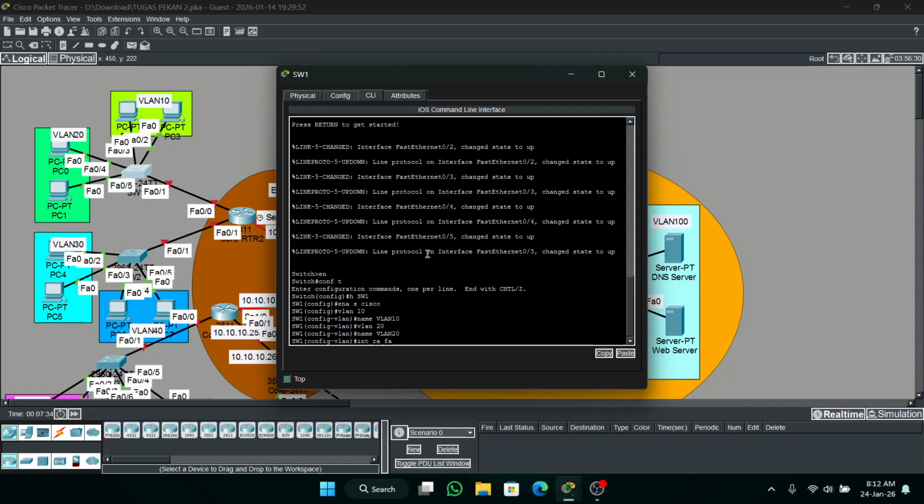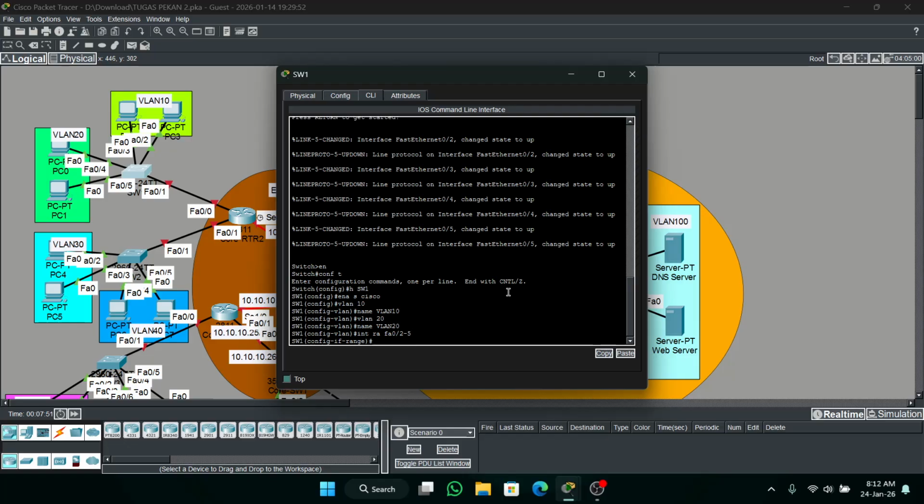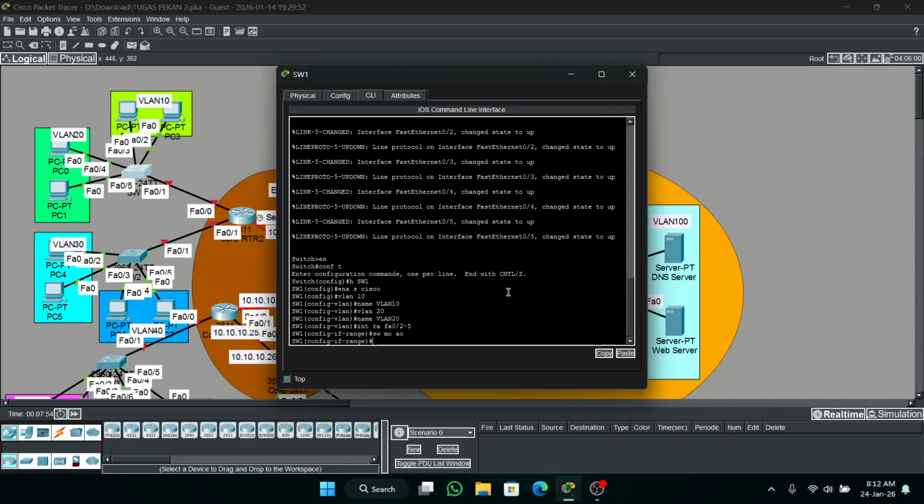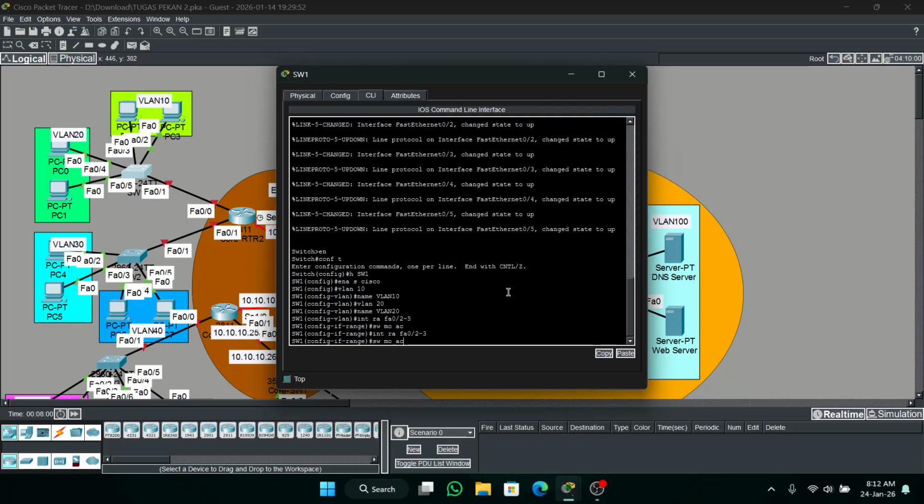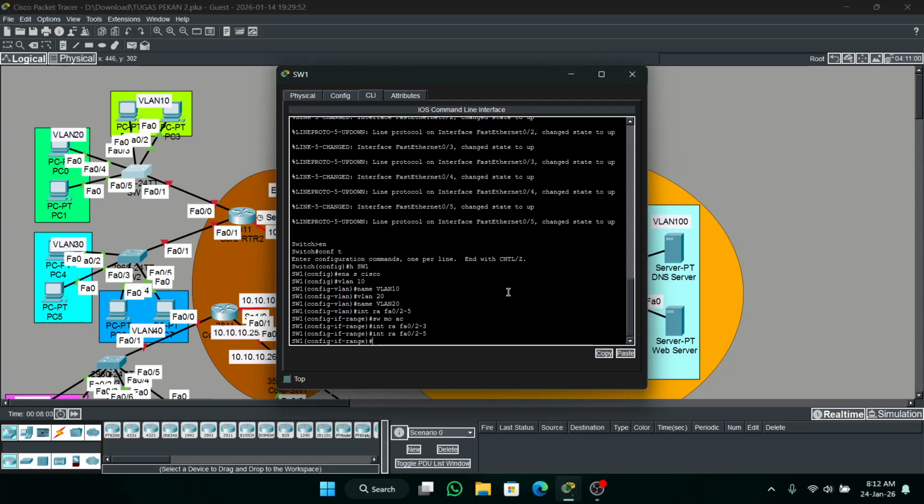Interface range FastEthernet 0 to 5, because I want to change the mode to access, switchport mode access. Then here enable the spanning tree portfast.